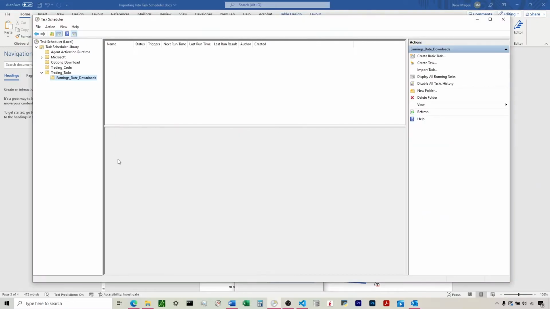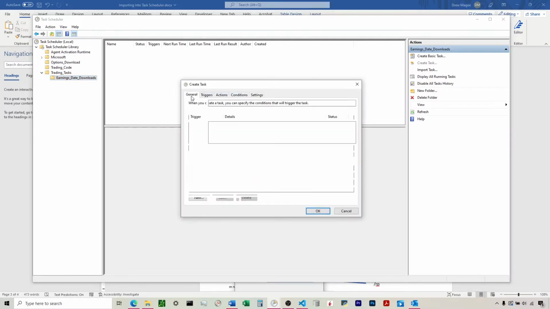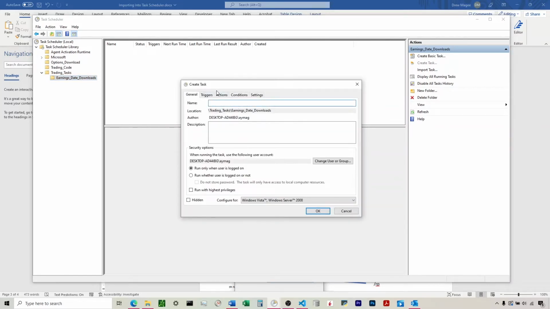So to create that XML file, what we're going to do is come over here to the task scheduler and just create one task, and then we're going to export it. So I'm going to click on Create Task here, and you can see here we can name it. So I'm going to name it Testing,